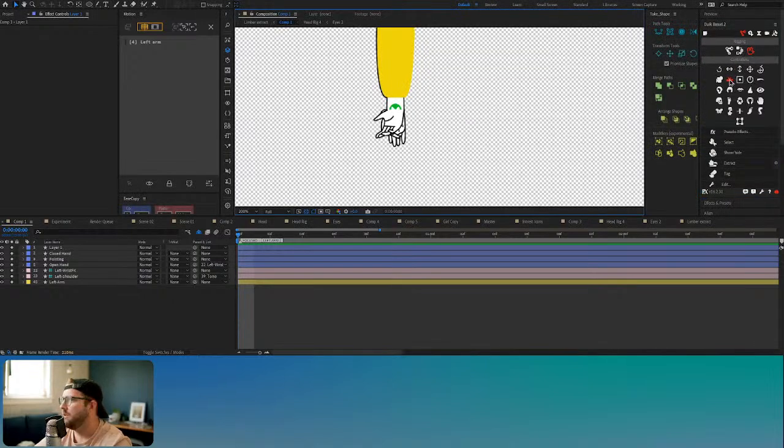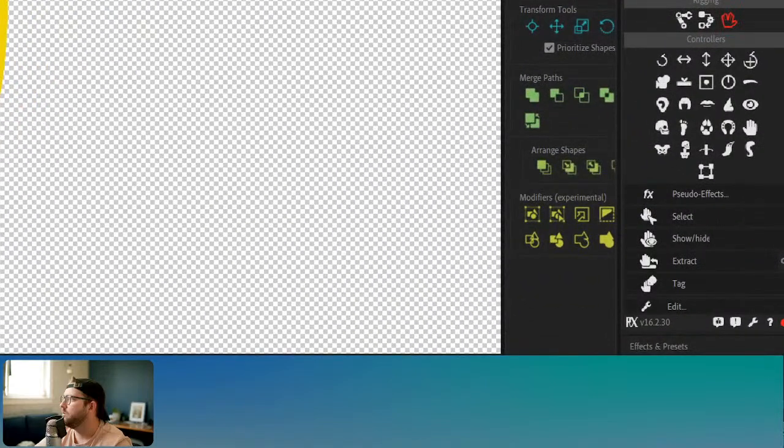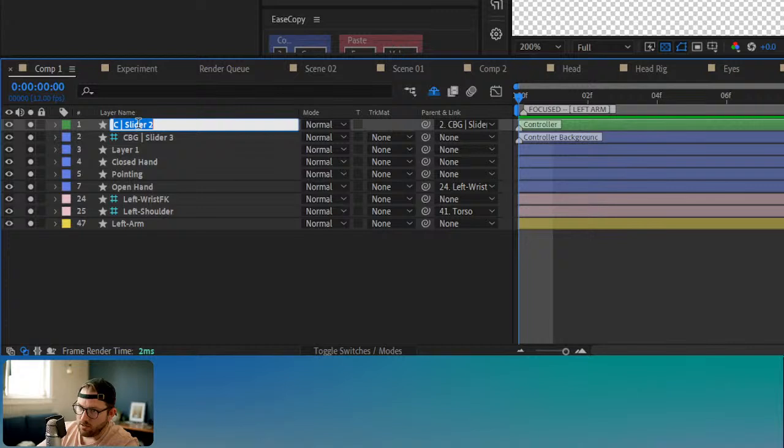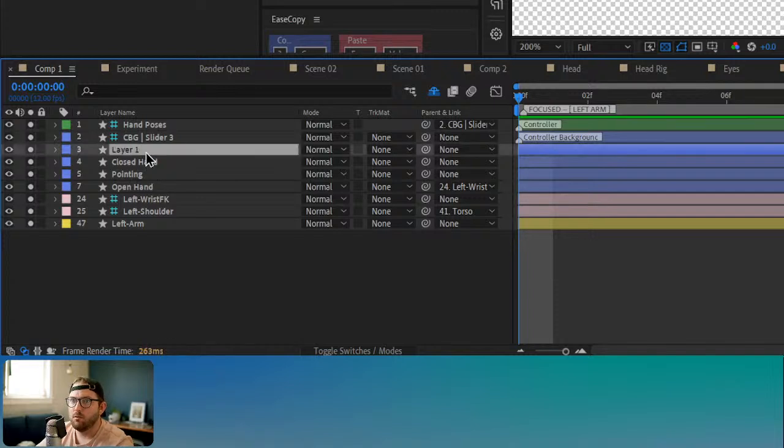Okay, and right here, let's give you guys a good view of Duik. Okay, we're going to create a little slider here. And then all I have to do, let's just name this. We'll name this slider hand poses. Then all I have to do is